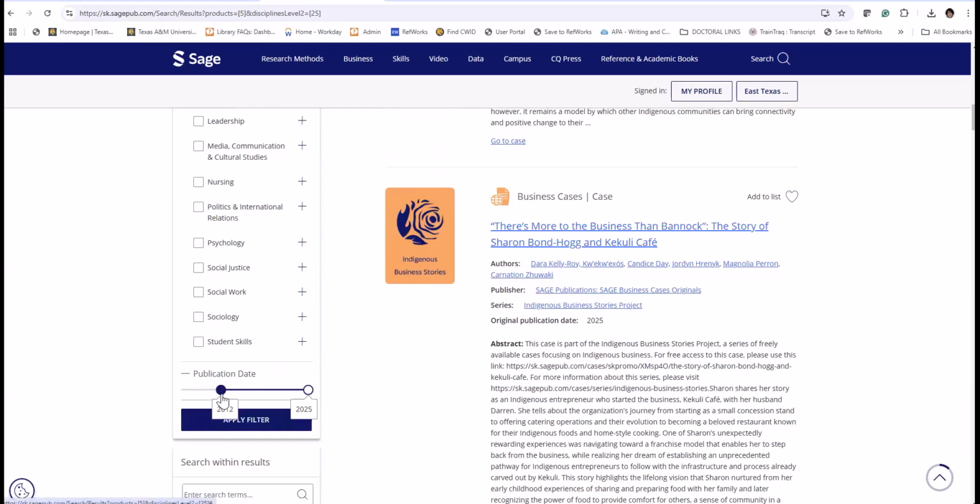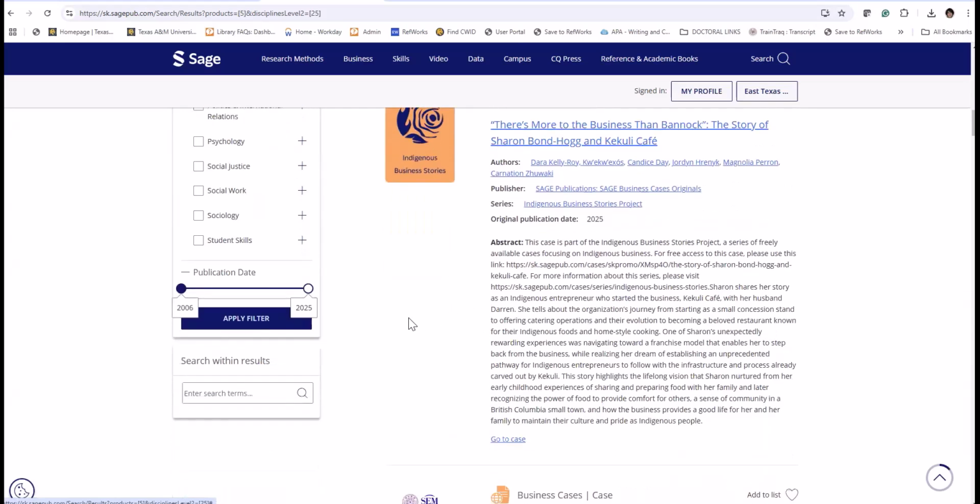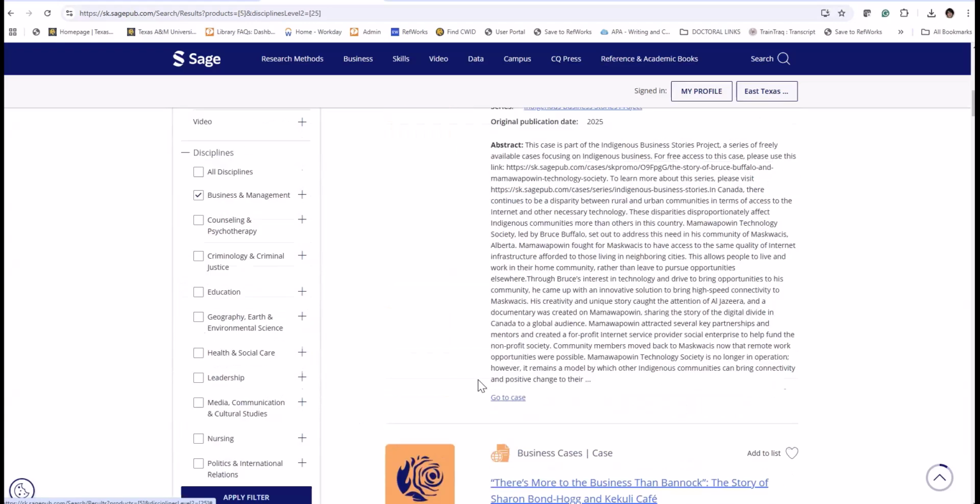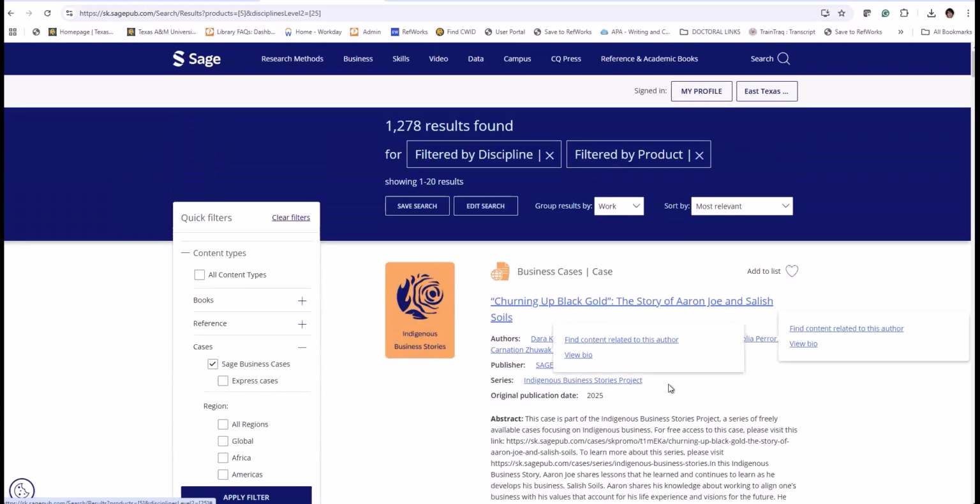You may adjust it if you like. And it's good, you can search within these results. For example, you're looking for entrepreneurship in technology. You know better when you have your research topic. You put it here and it's going to be refined and customized to what you're looking for.